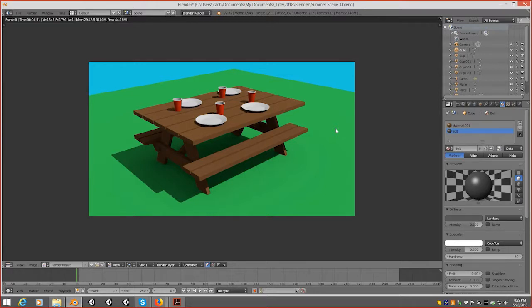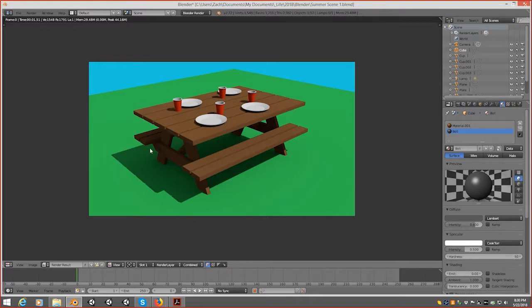It kind of depends on what you're doing. If you want to make it for a game and you're trying to be really conservative with your poly count, probably wouldn't do something like this. If you were trying to make a really realistic rendering, you still probably would only model the top part of it. But as far as for speed goes, just putting a bolt straight through like this is probably easier. If you wanted to do it a really cool way, you can model the bolt and then put